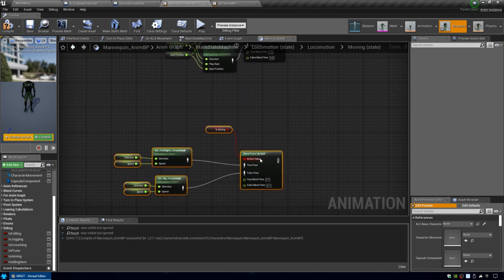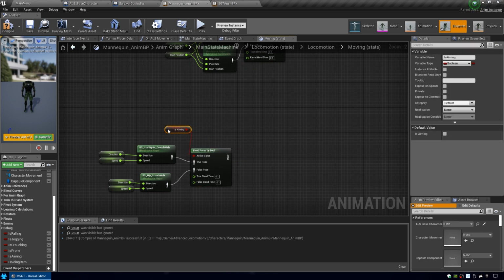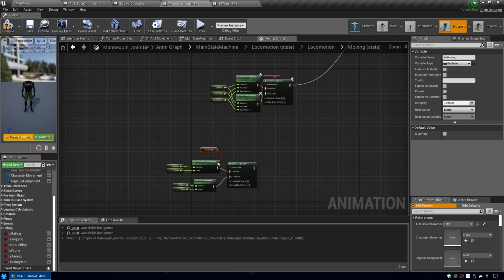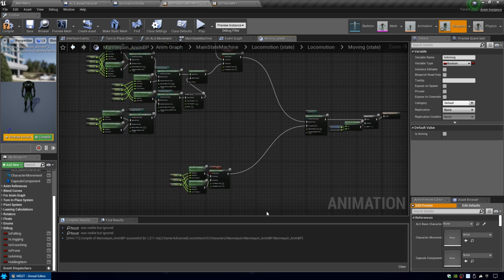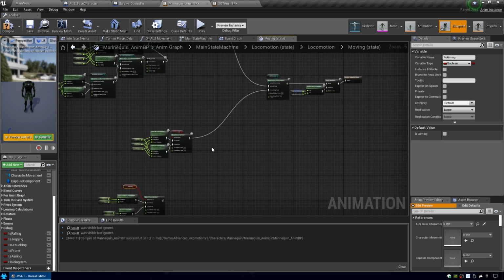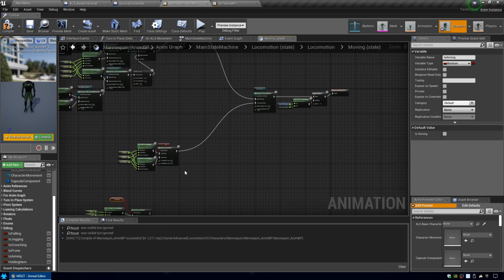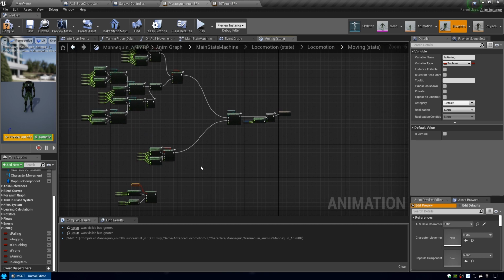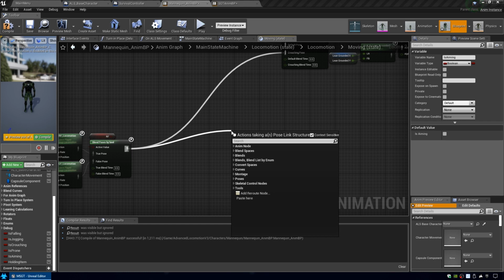So this is, once you're to the point of holding a weapon, you're going to be looking down the iron sights or not looking down the iron sights. So we're going to have to start by doing a check for, are we holding a weapon? Or holding an item. So let's go ahead and drag off this blend poses by bool. And on the right side of that, type